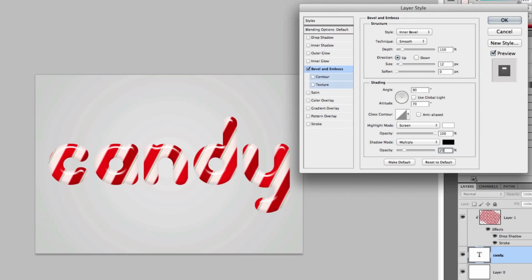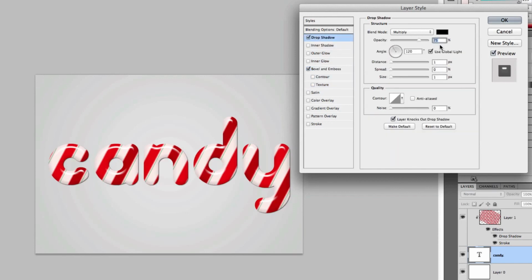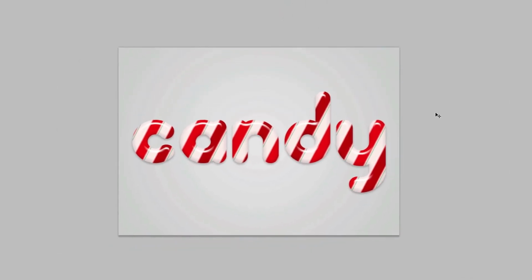Now remember, like I mentioned earlier, if you're working with a larger or smaller font, you'll probably have to tweak the settings that we just went over to get a nice result. And finally, to pull the text away from the background, go ahead and add a drop shadow. Nothing special in terms of settings, 25% for the opacity, 90 degrees for the angle, 4 and 6 for the distance and size. And that should do it. You now hopefully have text that looks like a candy cane.